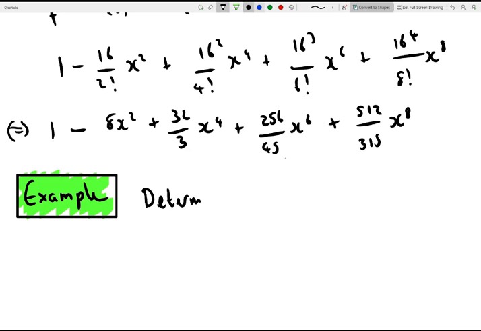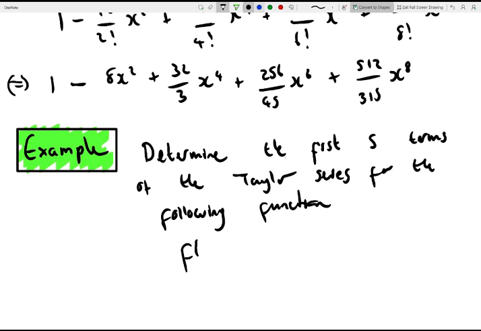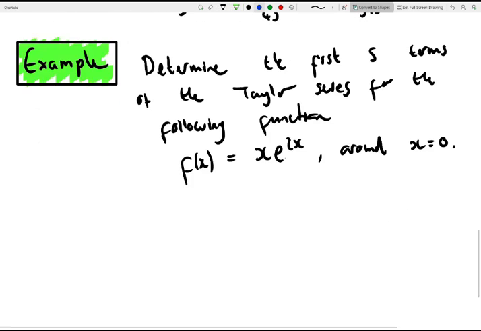Again, determine the first 5 terms of the Taylor series for the following function. And the function is f of x equals x times e to the 2x, and let's do that around x equals 0 again. And our solution to this